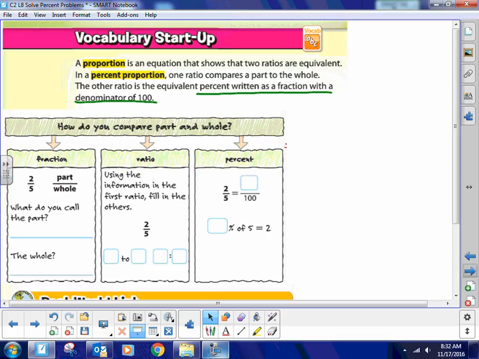Now here's some things that we're going to show you here. How can you compare part and whole? Okay? The fraction 2/5, the part is 2, the whole is 5. What do you call the part? The part is 2, the whole is 5. Okay? Using the information in the first ratio, fill in the others. So 2/5 is the same thing as 2/5 or 2/5. They would still say 2/5. Okay? Now